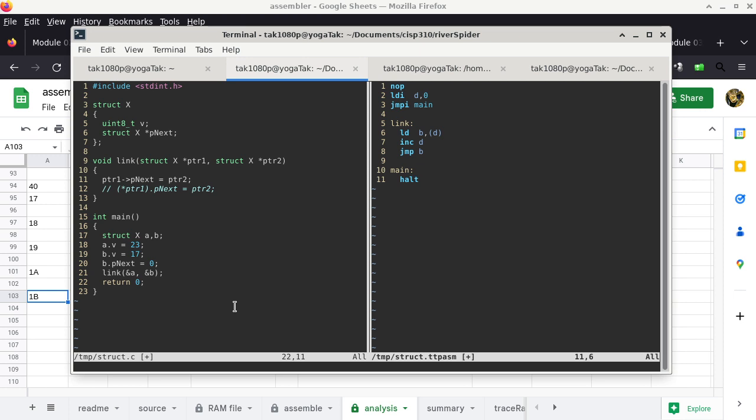Okay, so the biggest question now is what about struct X? How do we define struct X in this case? As it turns out, struct X is just a template. That's all it is. So the question is,